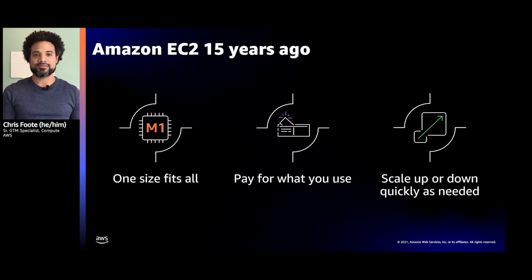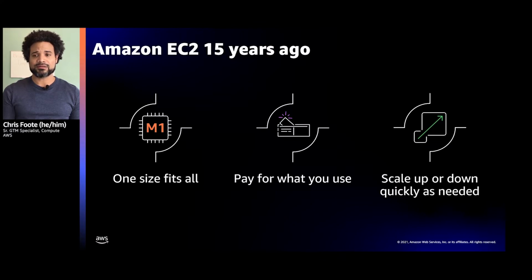So if we go all the way back to the beginning, back in 2006, when we launched EC2, we only offered one instance size, and it was the M1. It only came with one vCPU and 1.7 gigs of memory, and it allowed for an on-demand purchase model. Customers could pay for what they use. They could quickly scale up and scale down as they needed and as their workload required. And this was a game changer, just because until EC2, the only option was for customers to build their own data center, manage the hardware with long-term commitments. It was a pretty significant improvement for our customers.